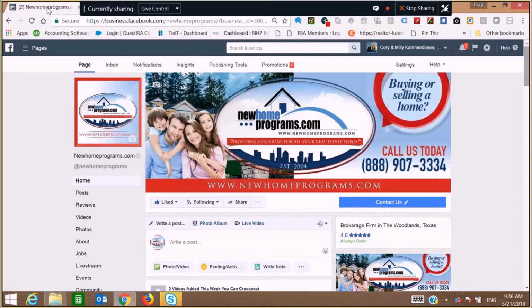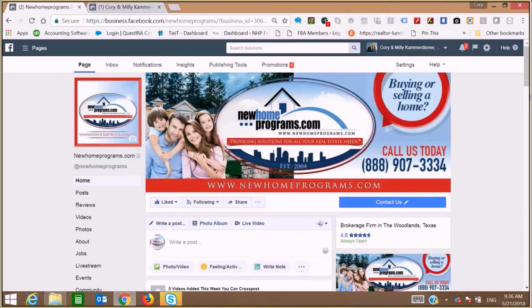That's why almost every advertisement I do with New Home Programs, if it deals with financing, I'm tagging our Model Mortgage page. That's how we're building up the Model Mortgage page, through getting people to click like on the New Home Programs page. So real quick, I want to show you a specific type of ad that I like to run,